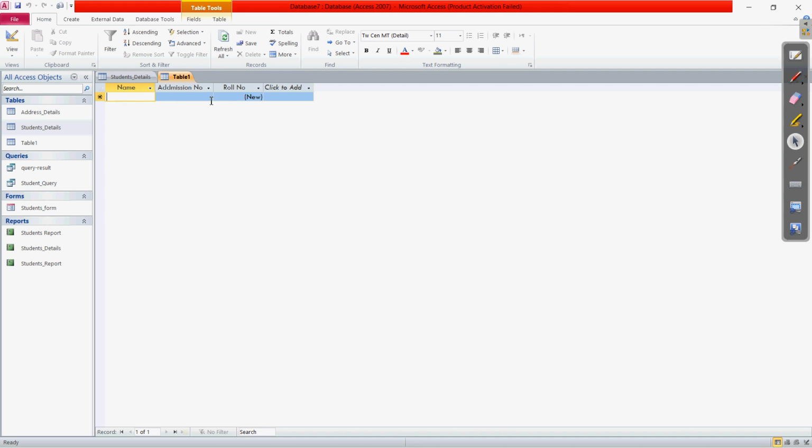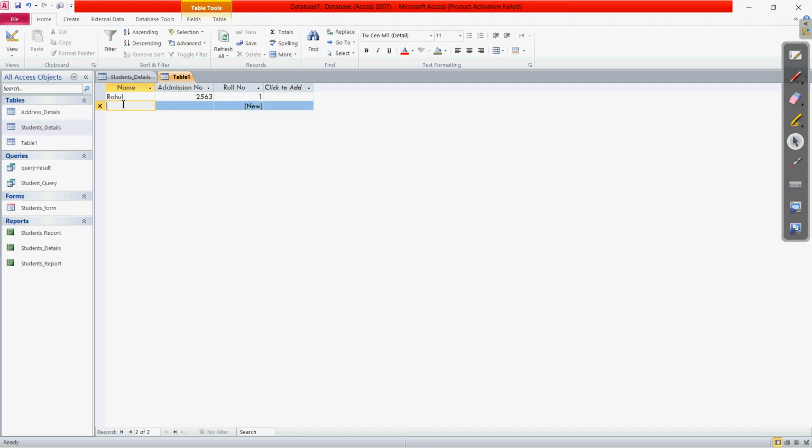So now we can enter the values. For example, I am entering the value Rahul, then for admission number, give it some number like 2563. Now you can see the roll number appears automatically as it was an auto number data type. Clear?